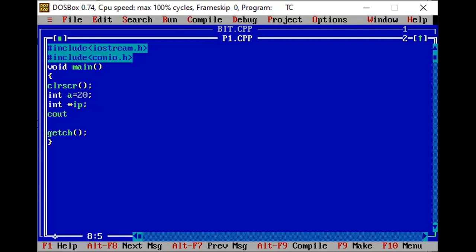Now let's find out the value. Firstly, if I'm going to find the ampersand of a, here I will use endl. Here I am concerned with the address of a. Address of a, here it is address of a. Okay, I will get some hexadecimal value. Whatsoever the memory location that has been assigned to a will be displayed here.